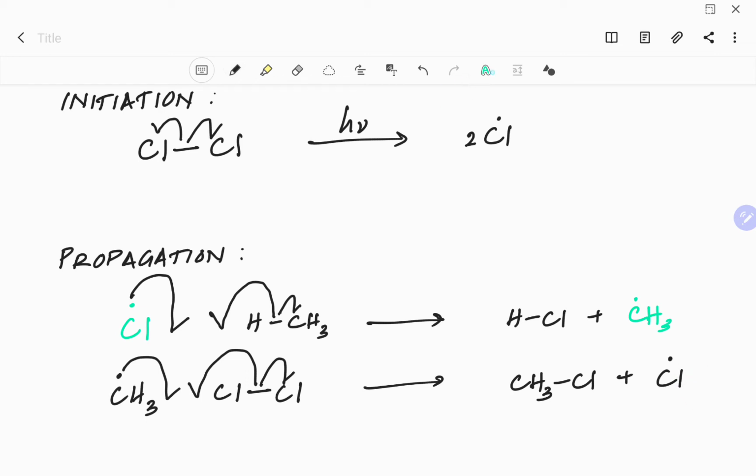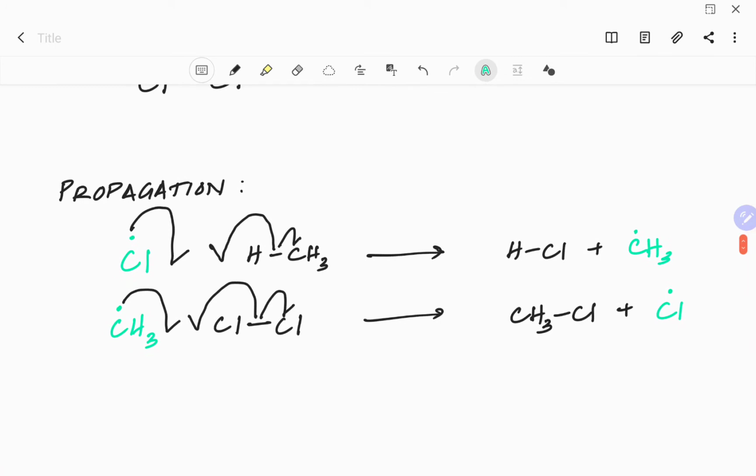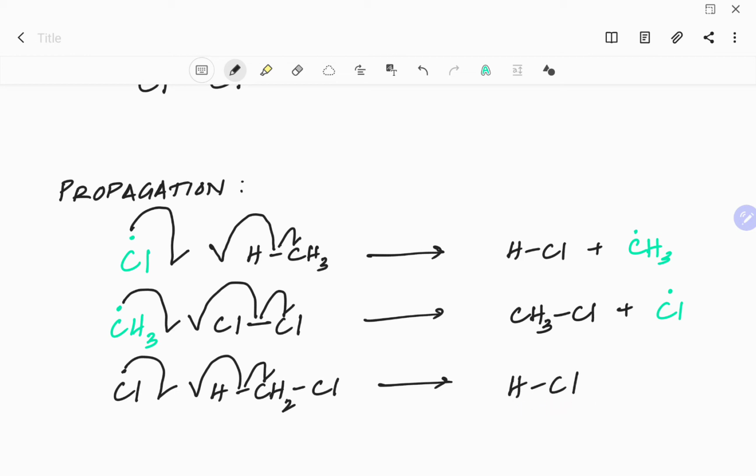You started with a radical, you ended up with a radical. So you can continue. You will use the chlorine radical and then continue the reaction. Let's react it with CH3Cl. Chlorine will bring one electron, the other electron will be from the carbon-hydrogen bond. So hydrogen is taking one electron from carbon and giving it to chlorine, and the remaining electron will go on to carbon. So what you have here is HCl plus